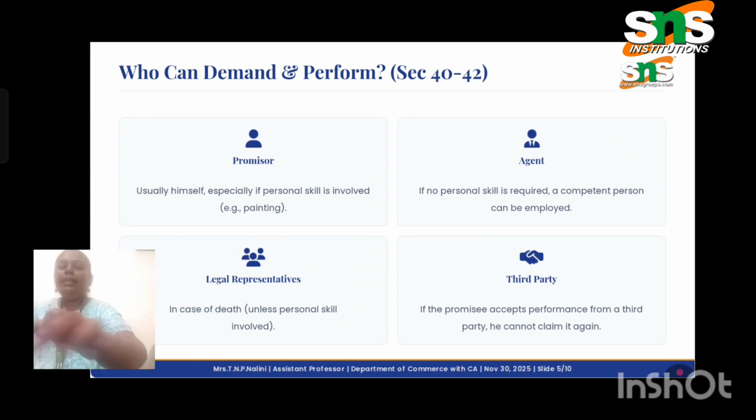If a person dies or becomes insolvent, the family or the legal heirs can perform on behalf of that person. It is called the legal representatives. Next is the third party. If the promisee accepts the performance from a third party, he cannot claim it again and again.